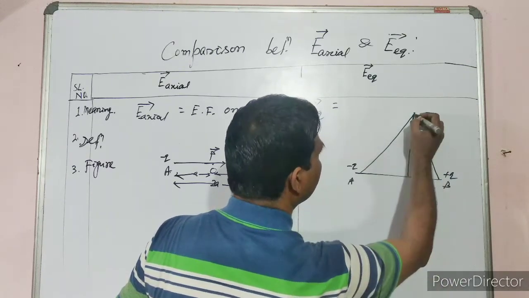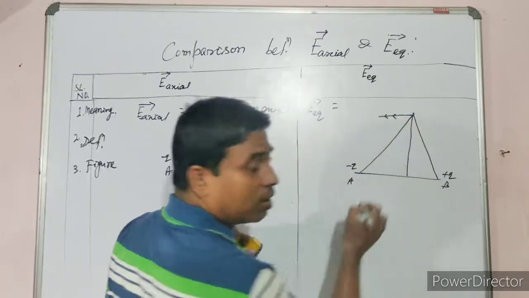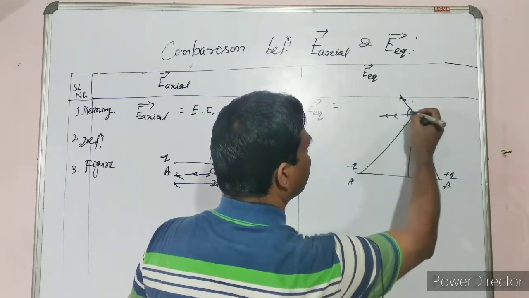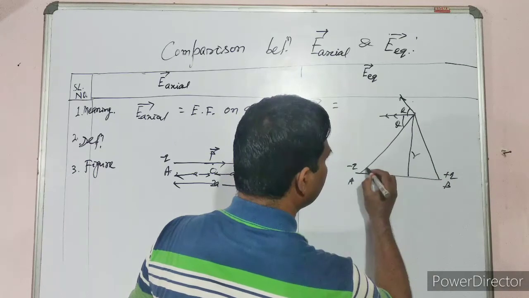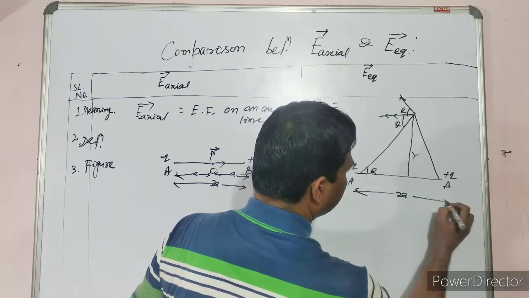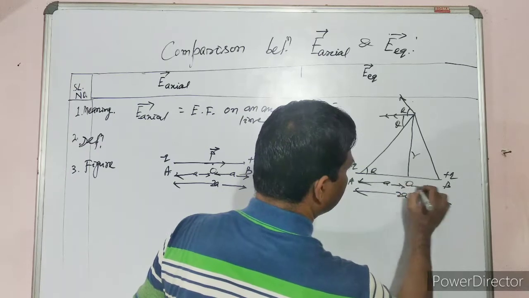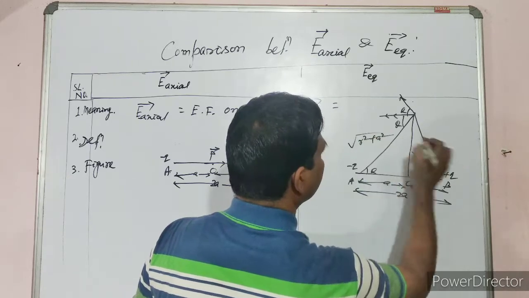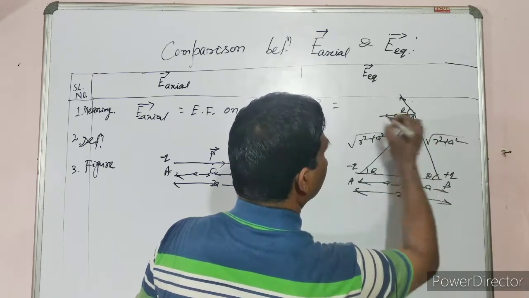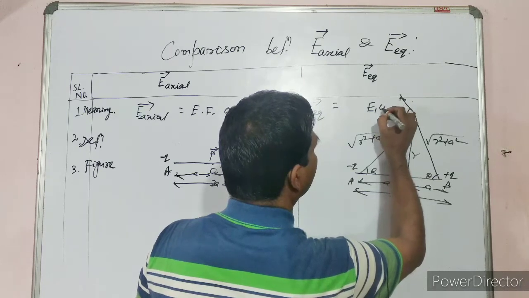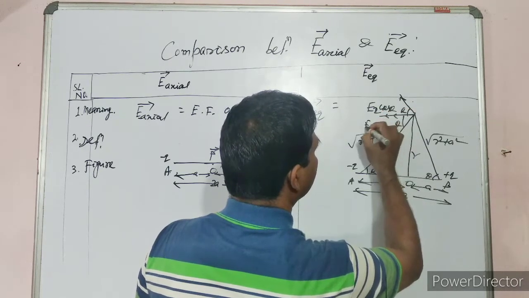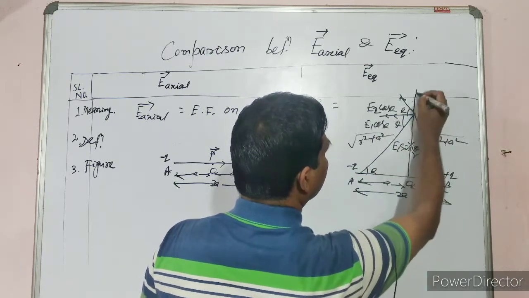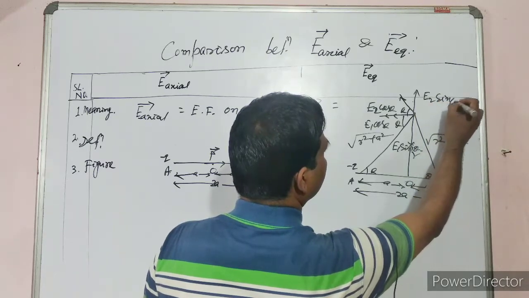Equatorial line, electric field. I am just recalling what you have already done. I am not explaining, I have already explained. This is theta also. Up to this one 2a, it is midpoint O. So it is a, it is also theta, perpendicular. So r square plus a square, that you already know. E1, E2, cos theta, E1 cos theta, E1 sin theta, E2 sin theta. In this way, you can write this.